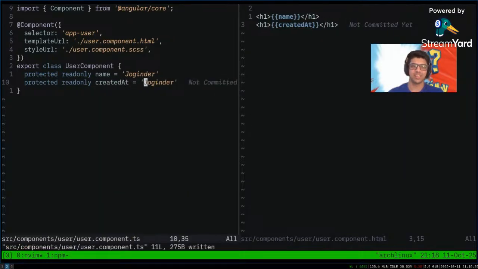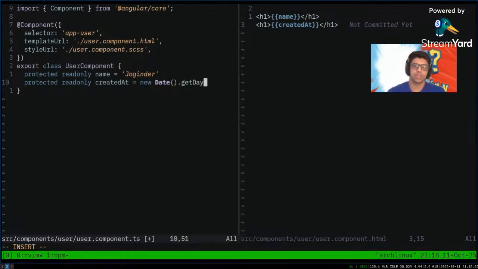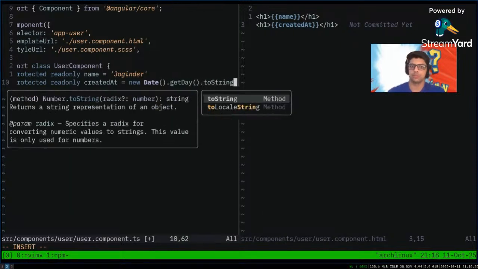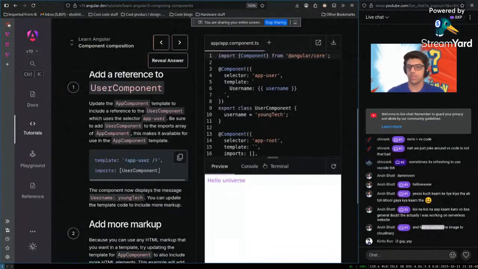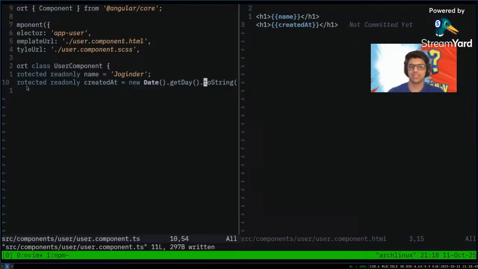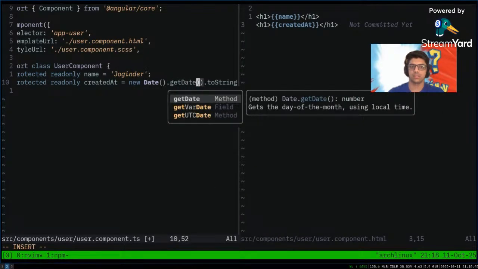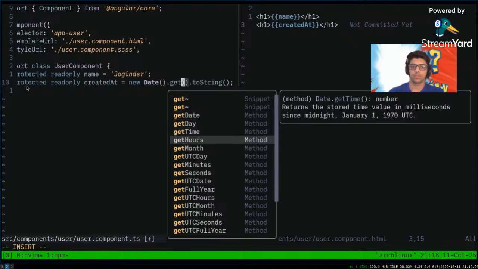Created at this can be new Date dot getDay dot toString. Okay, very nice. Boom. 6. चलो we can get date. 11. और क्या? I want like